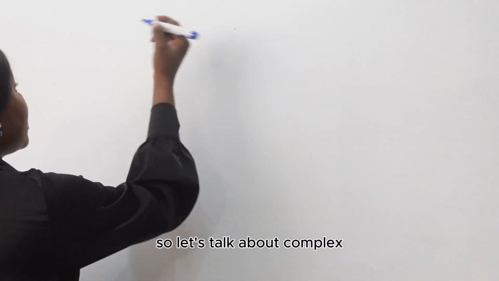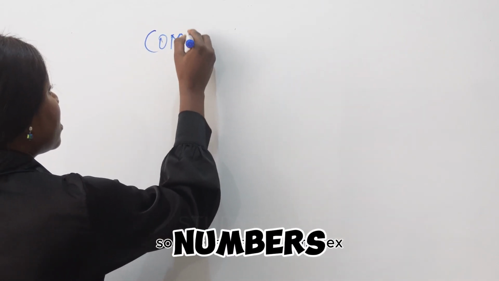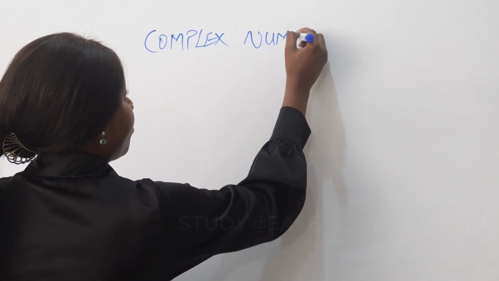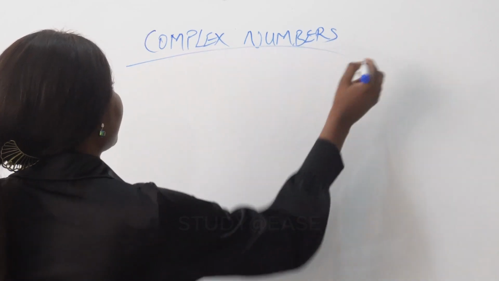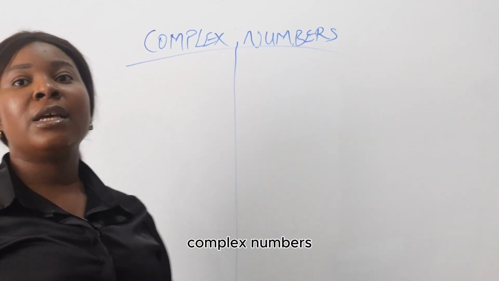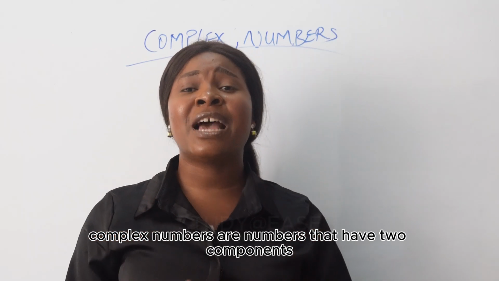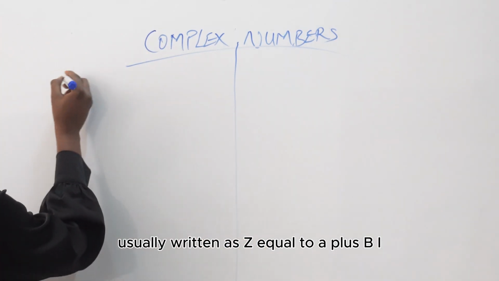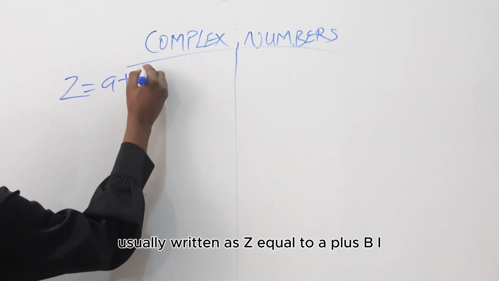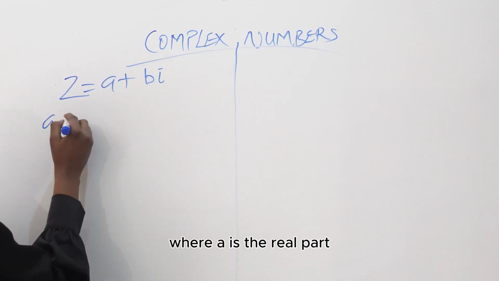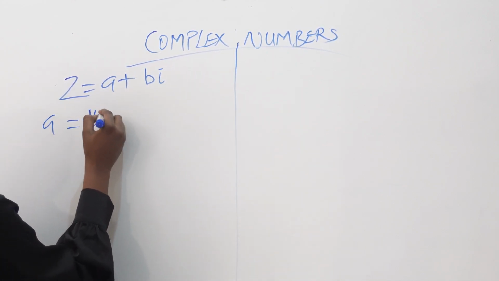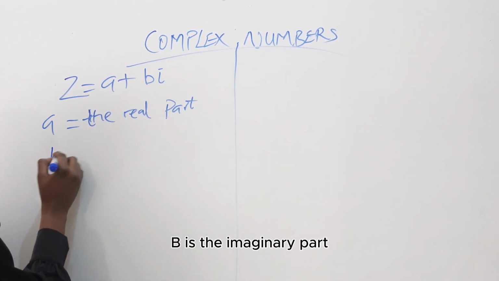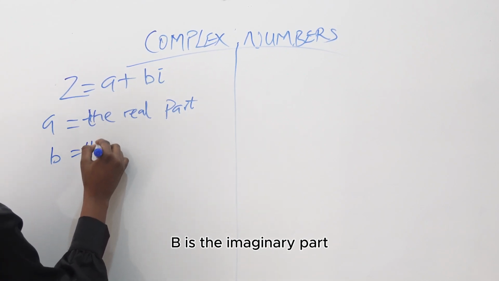So, let's talk about complex numbers. Complex numbers are numbers that have two components, a real part and an imaginary part, usually written as z equal to a plus bi, where a is the real part, b is the imaginary part,